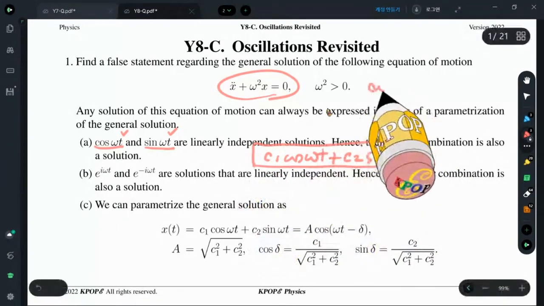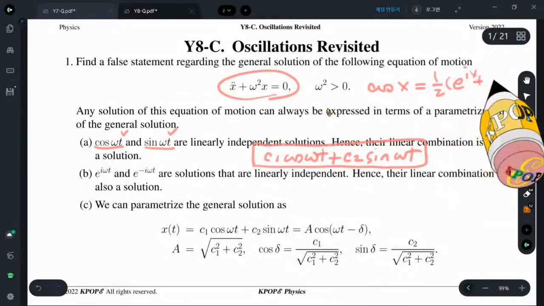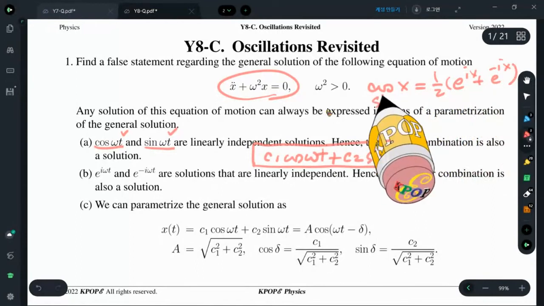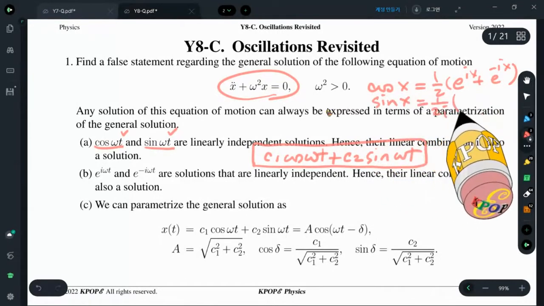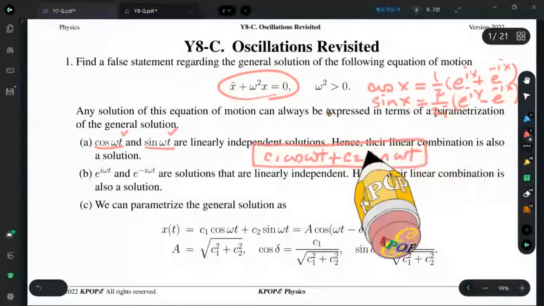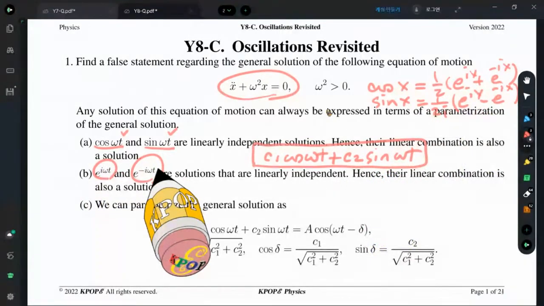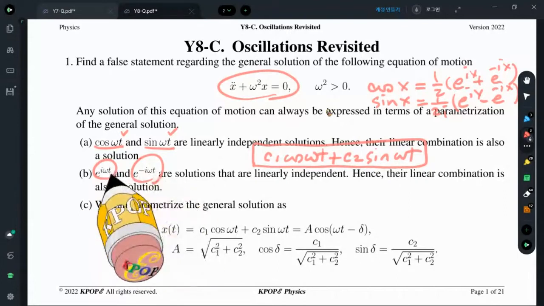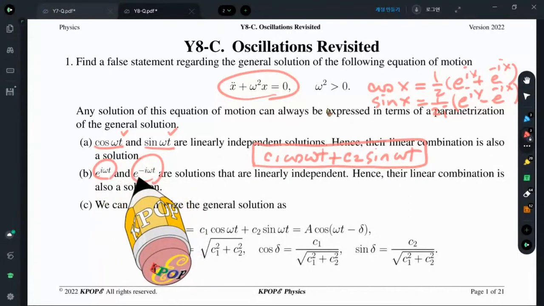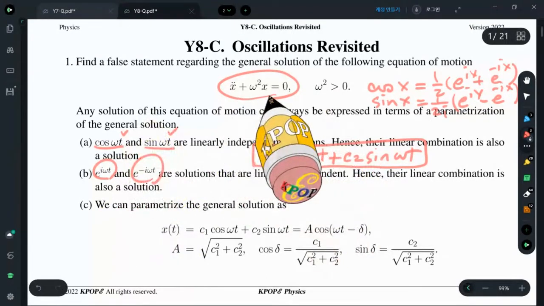We know cosine x is 1/2 of e to the ix plus e to the minus ix, and sine x equals 1/2i times e to the ix minus e to the minus ix. So if we substitute in here, these two are also solutions. And this linear combination of the two linearly independent solutions is a general solution. Sure, and if we consider the mechanical problem, x is always real valued, so we can remove the imaginary